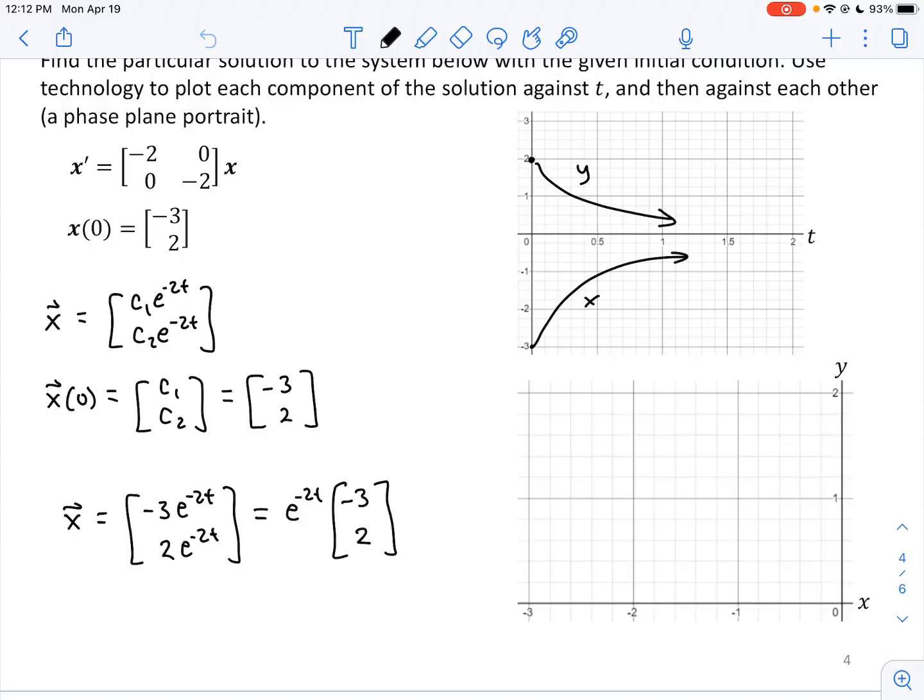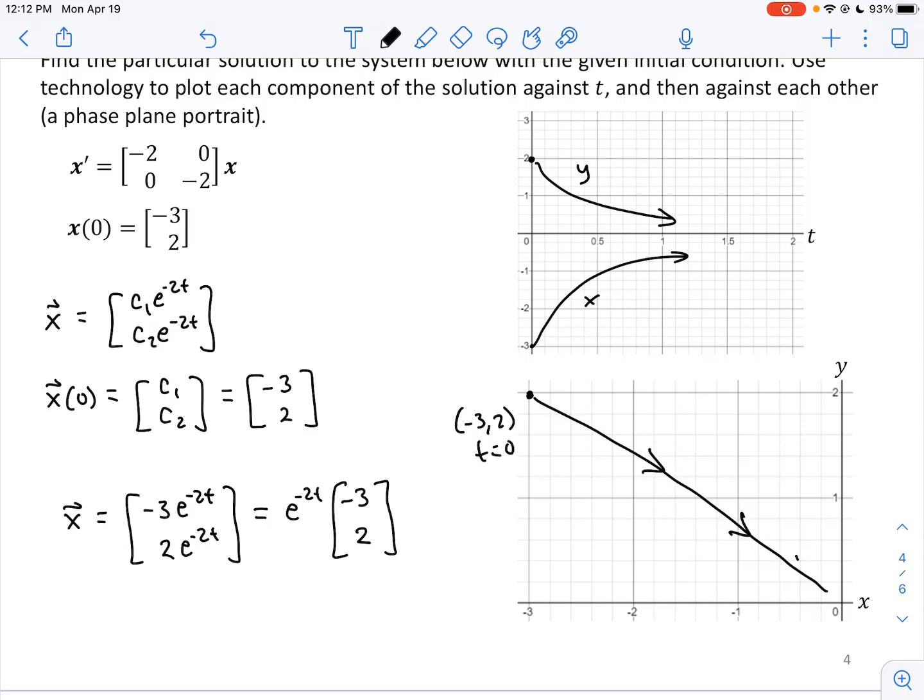Okay, so we started at time 0 at the point -3, 2. And as time advanced to infinity, we approached the origin. It actually approaches the origin linearly because it's easy to eliminate the parameter here,